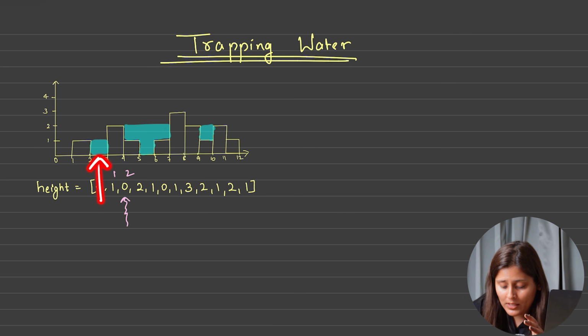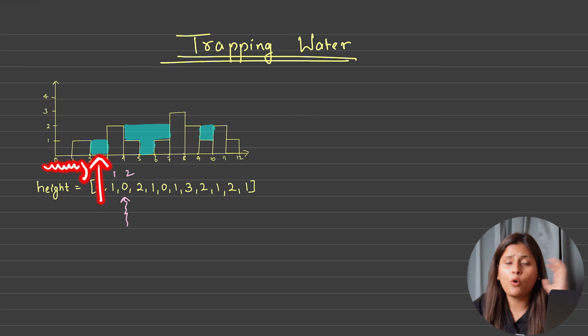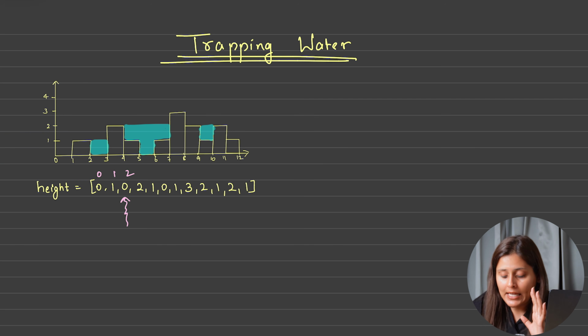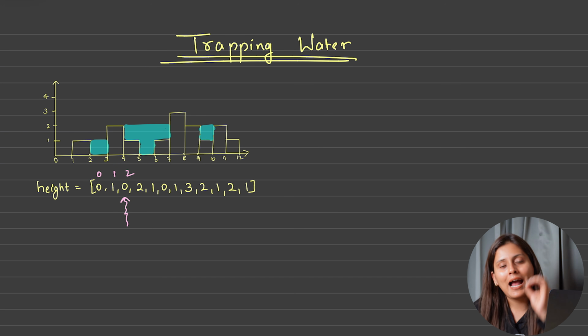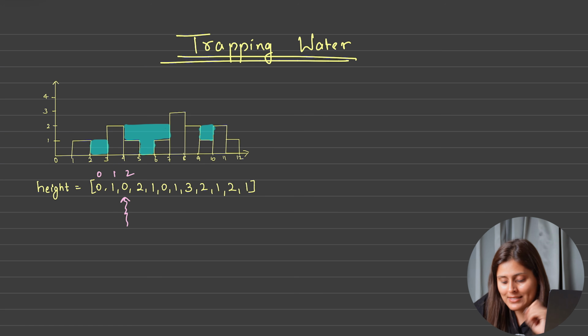So on the basis of whatever we have covered till now from the left side, we will simply say, hey, your height and my height, the maximum is your height. So the water which will be stored is nothing but the maximum, because we are only considering the left side. Correct? So water will be whatever is the maximum height till now from the left side, minus any block in between. But in this case there is no block, so simply the maximum height will be 1 and the water it will store is also 1.